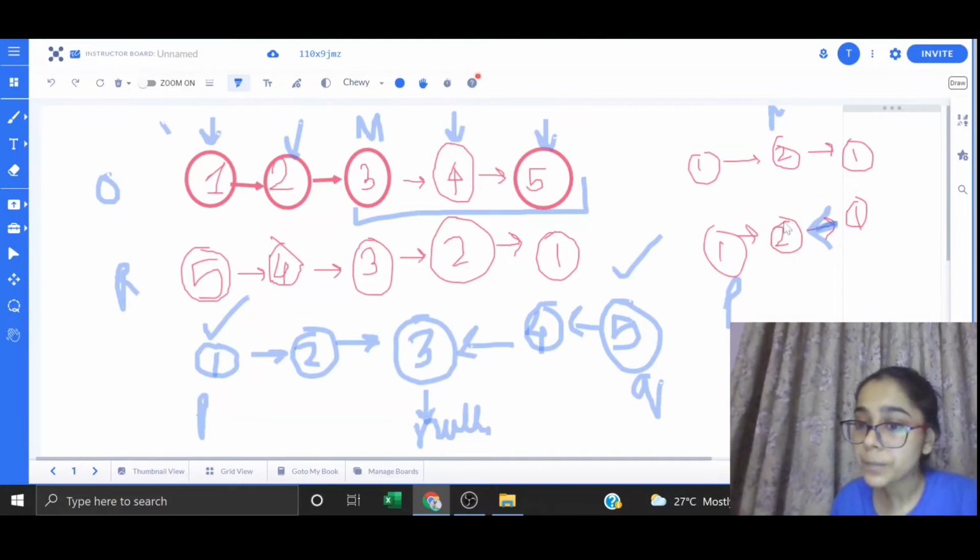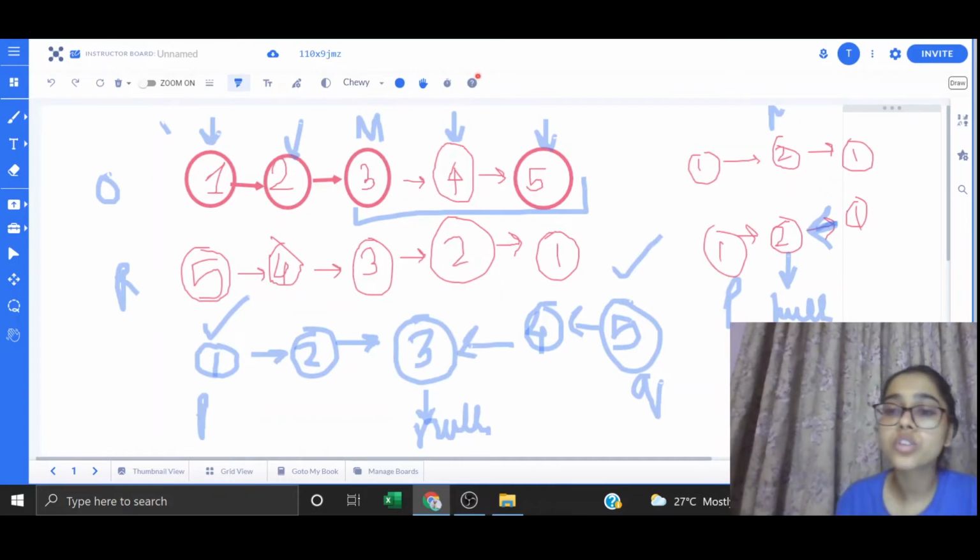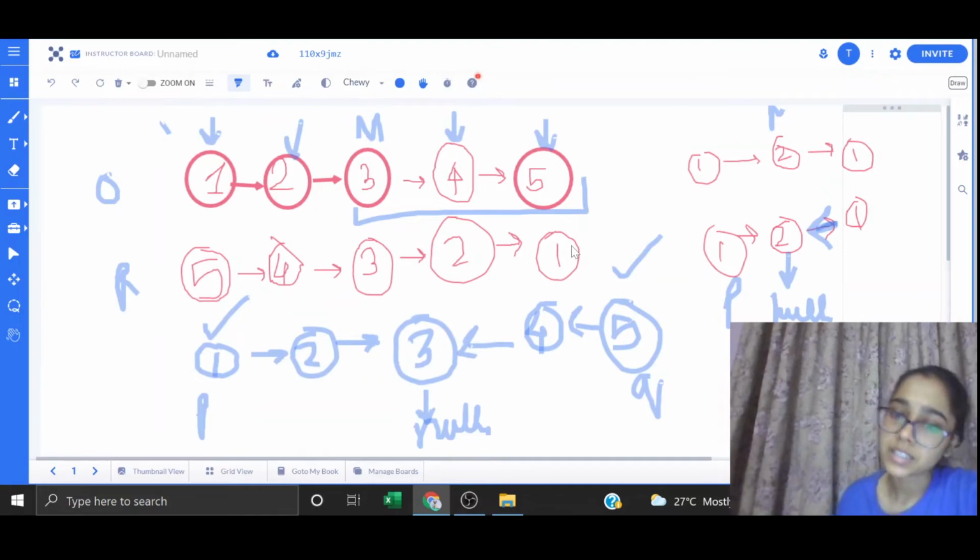Now the value at P pointer is 2 and the value at Q pointer is also 2. Yes, the condition satisfies. Now we can't move because it is null from here. So my condition is satisfying and we have reached the middle node of the linked list, and all the values from the left as well as from the right are similar, and hence we can say that the linked list is a palindromic linked list.